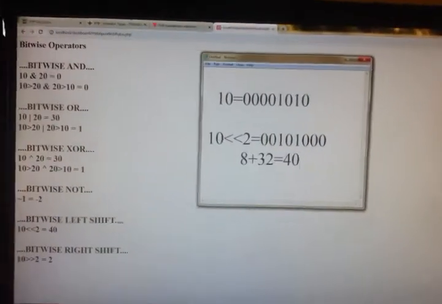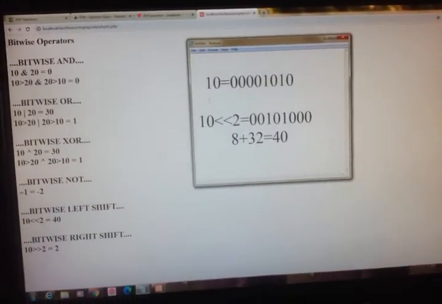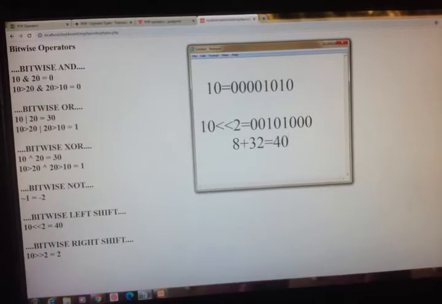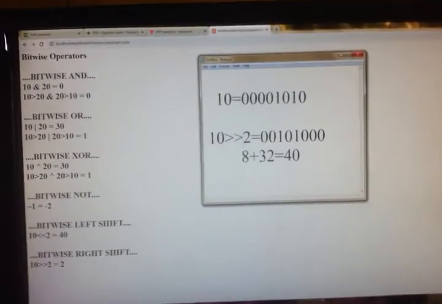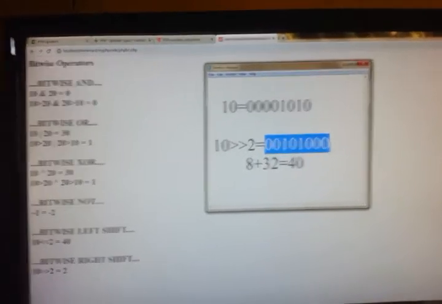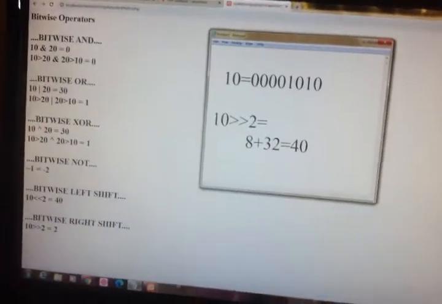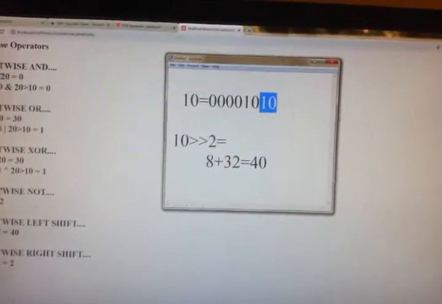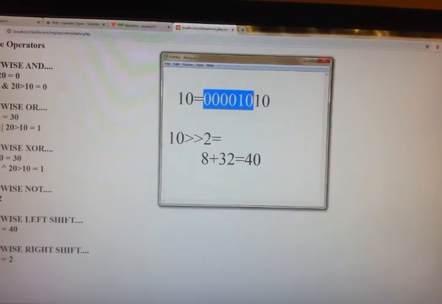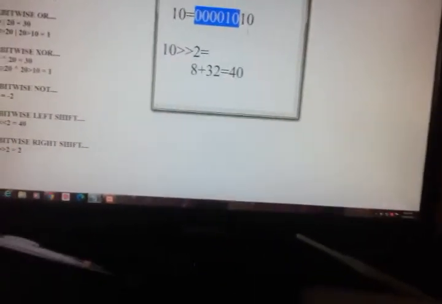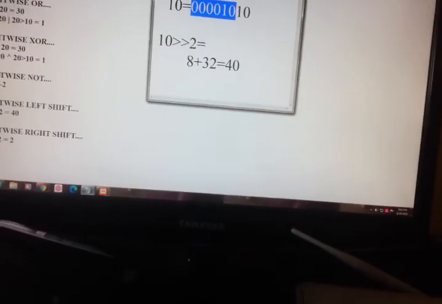So I hope this left shift is clear. Now when we change to right shift, it means we have to move this particular 8-bit data 2 positions to the right side.